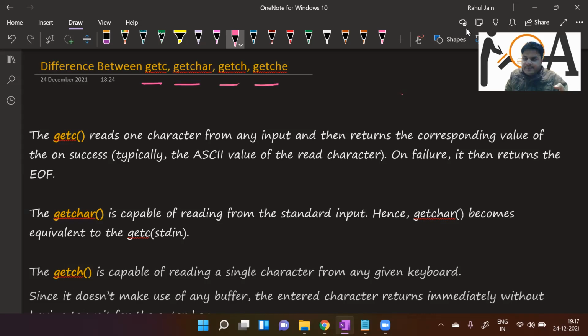Here in this video we are going to see the differences between getc, fgetc, getch and getche. Basically, if you are facing any technical interview, whatever kind of interview it is, if it is related to an IT technical interview, you may face this kind of question, right? So it is very important to learn concepts like this.